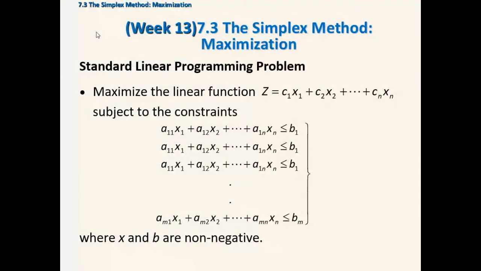So week number 13, to continue with chapter 7.3, the simplex method. And there are many methods in simplex. We use only the maximization case to find the maximum value of the objective function. So initially we will write the simplex method, the linear programming problem, in matrix form. Then we will go ahead with this one.